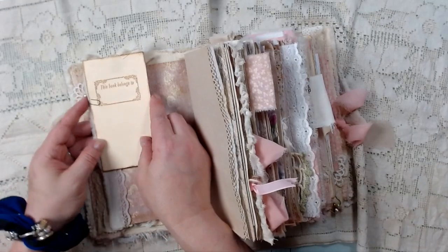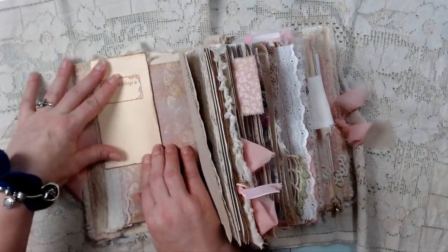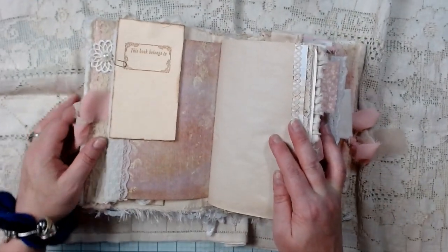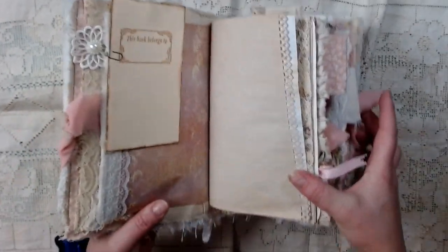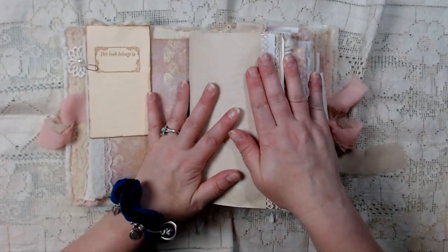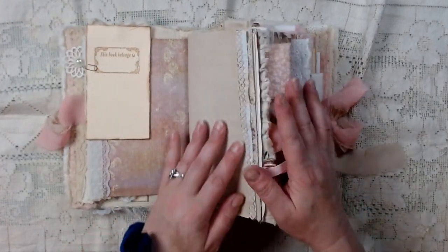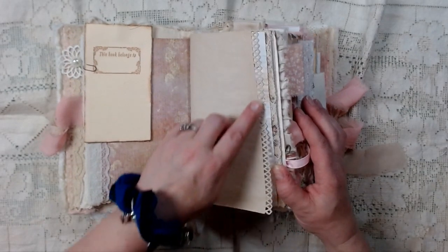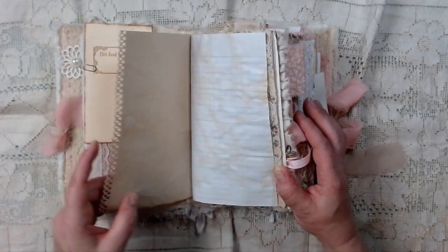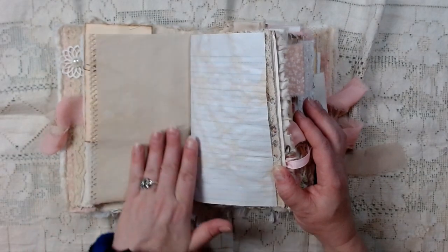Okay. These are not the Tim Holtz. These are another brand sold on Amazon. Let's give the journal. She's a big girl. You'll see on some of the pages I did some punching of the edges, hand-dyed tea paper